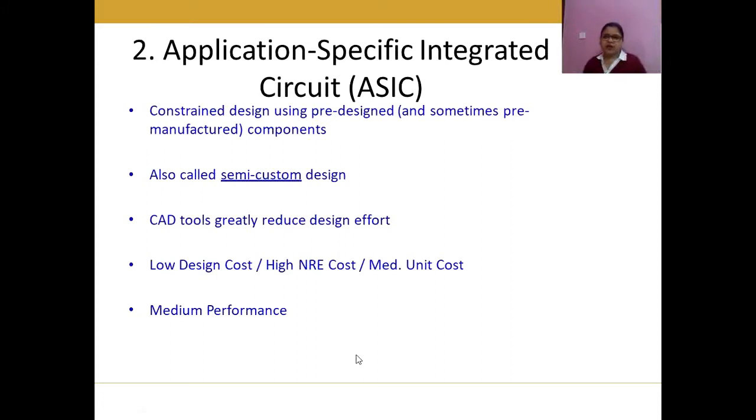See, if I talk of a Redmi Note 6, then 6 Pro, then 7, then 7 Pro, 8, then 8 Pro, how is it coming in such a small time? The whole hardware is not changing. It's not that if you are using a Redmi Note 6 and a Redmi Note 8, and you open them, you will see that each and everything has changed. No, only some particular modifications have been done, and a new phone is launched. So this is basically a semi-custom approach where the design time is very less, and so the market time will be more.